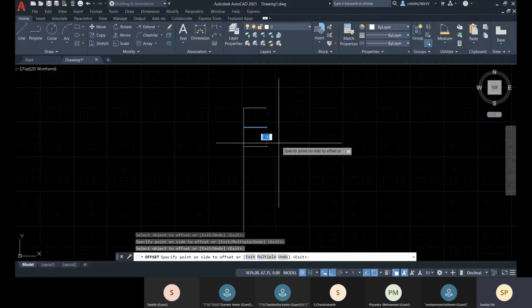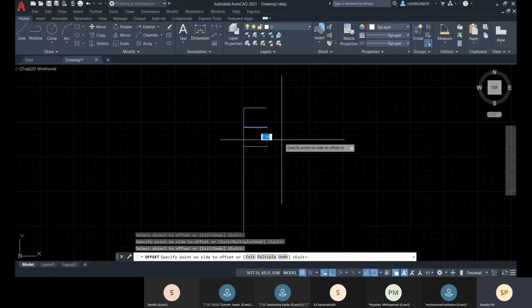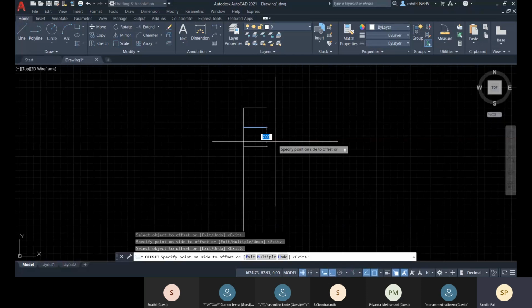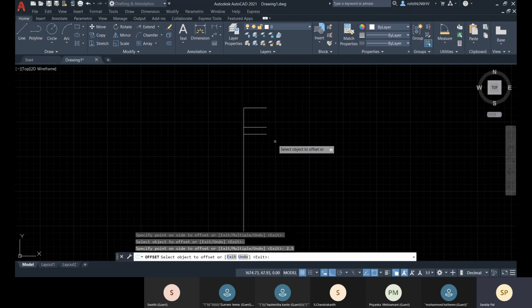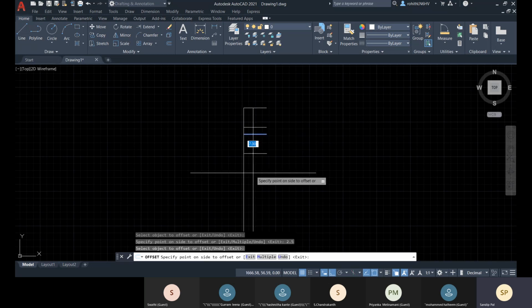But I have activated dynamic input, so I can change it after that also. It is only possible to change if you activate your dynamic input mode. So let's go for that. 2.5, enter, and here you can see. Next, again go for it, it will always show you the initial value which you have set, and if you have activated dynamic input you can change it.